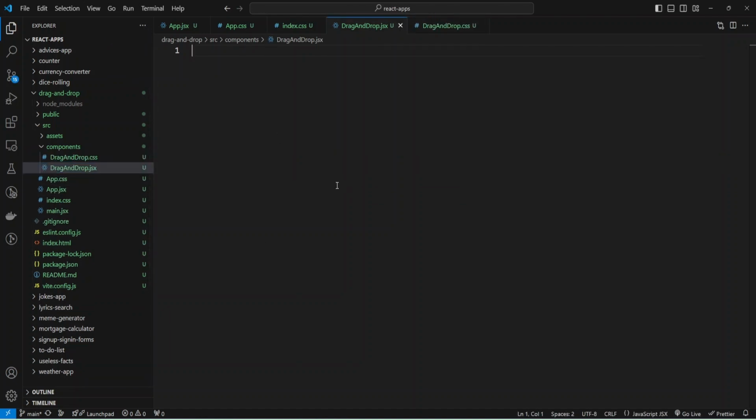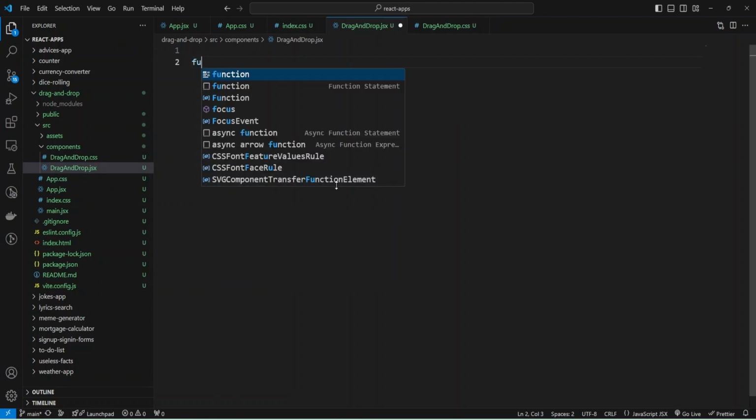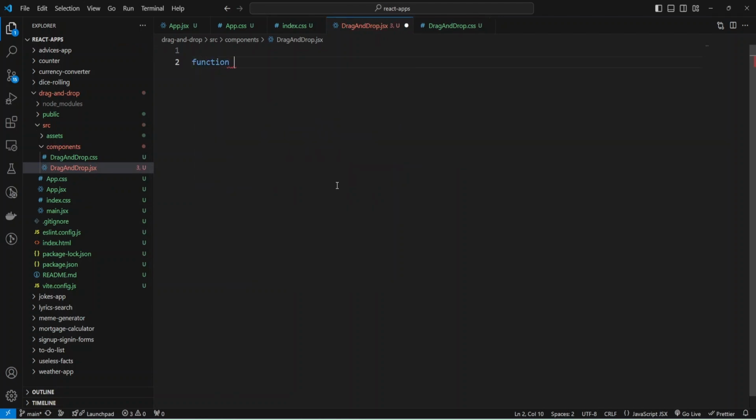Okay, we can now create our functional component. It will be function DragAndDrop and return some JSX.